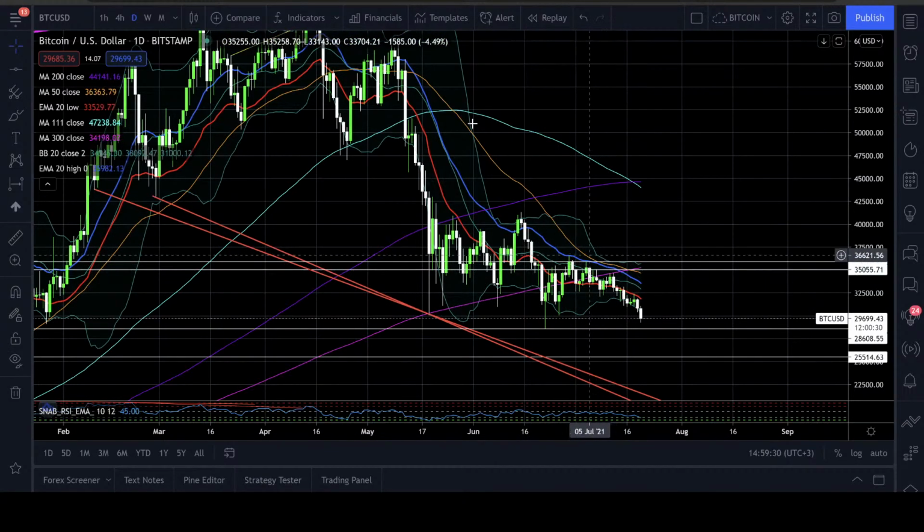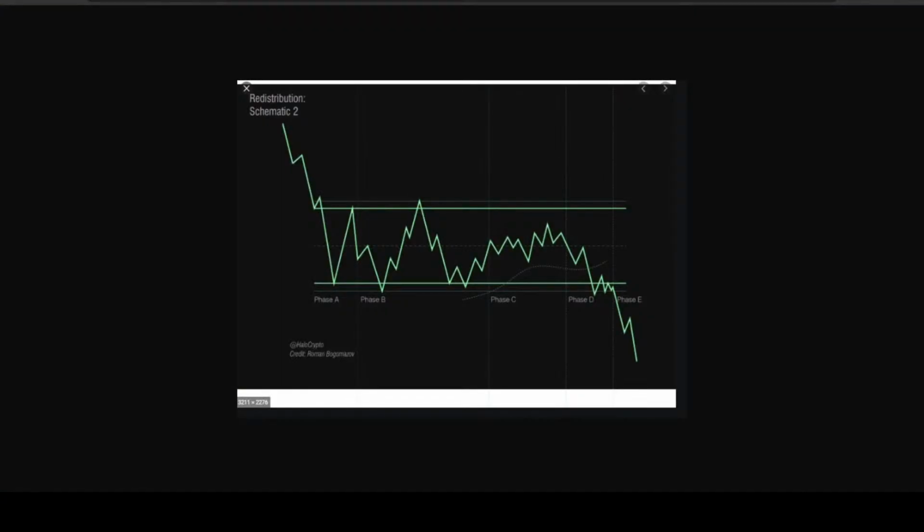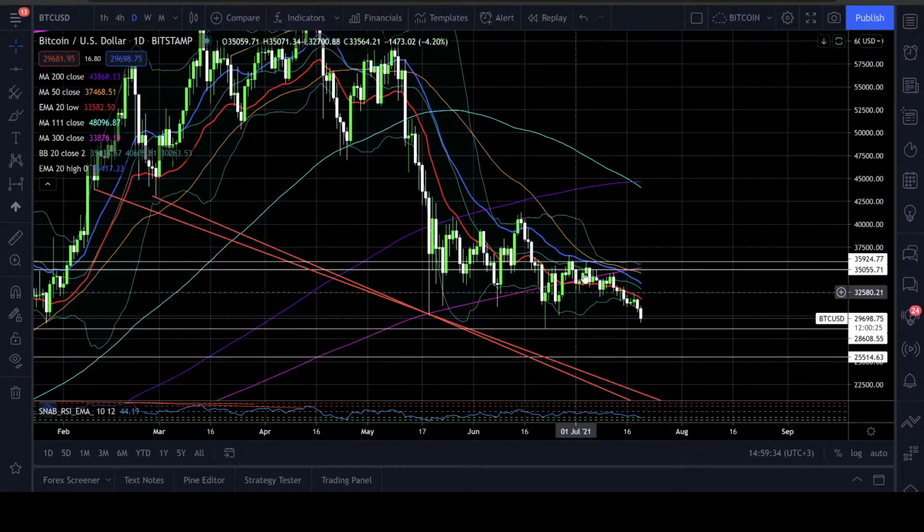So there you go. Looks very similar, right? And this is the reason why this is a redistribution pattern instead of an accumulation pattern, because you see a lot of these YouTubers or traders saying this is an accumulation pattern, but I'll give you another reason why